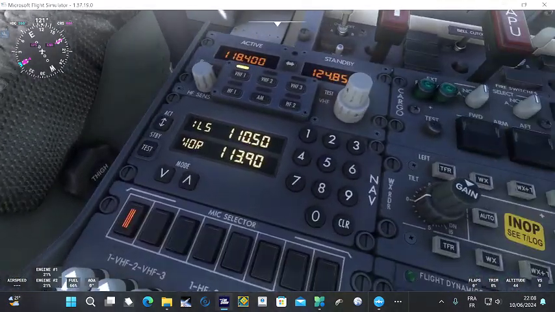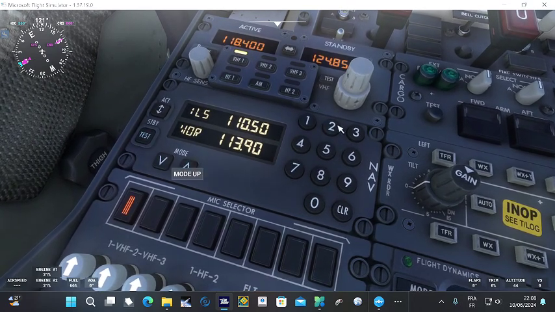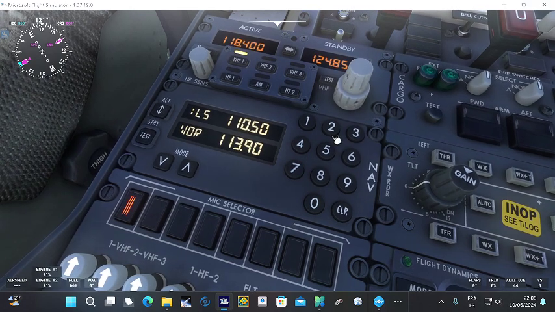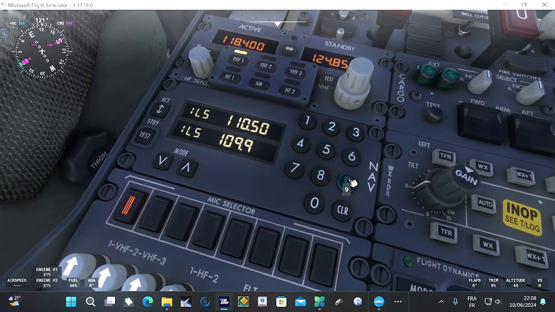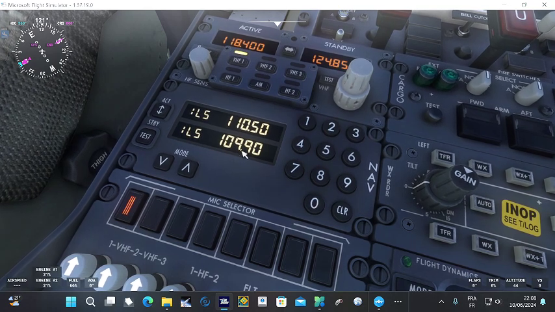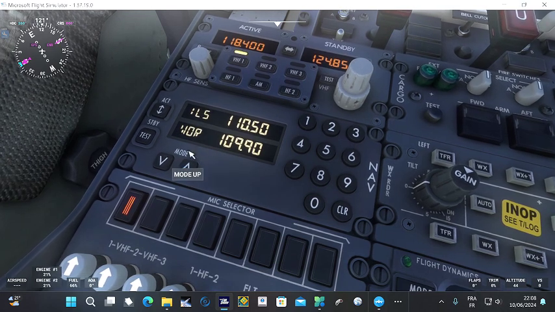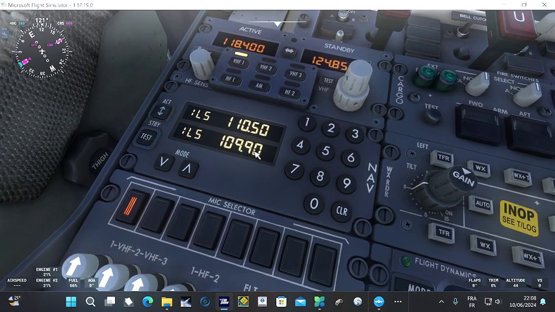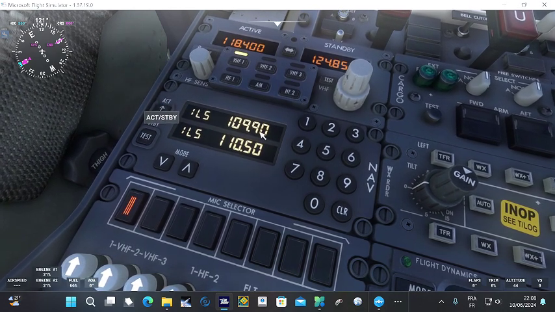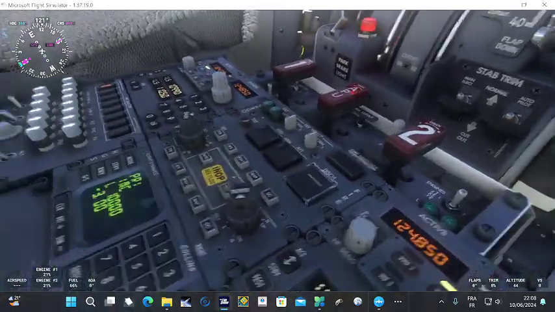ILS and VOR. So this is active frequency and this is standby frequency. It detects automatically if it is an ILS or a VOR. You can't change the mode, it's automatically detected. So 109, the decimal is already here. You see, it's already detecting the ILS. If you want to change the ILS, you can just do GLS, VOR, ILS, okay? Just put the ILS, and now to put it on active, you just do this, and it's active like this. And do it on the other side too, so the autopilot is going to be ready for an auto land,